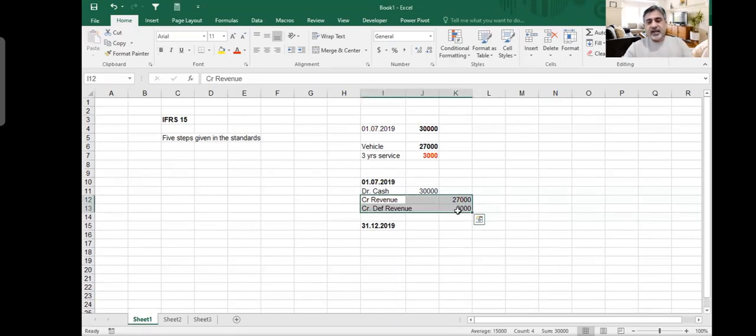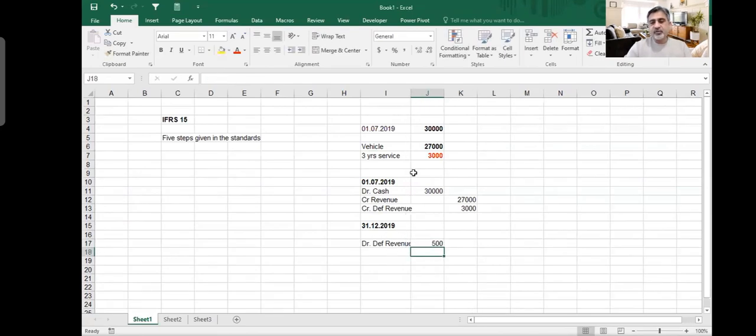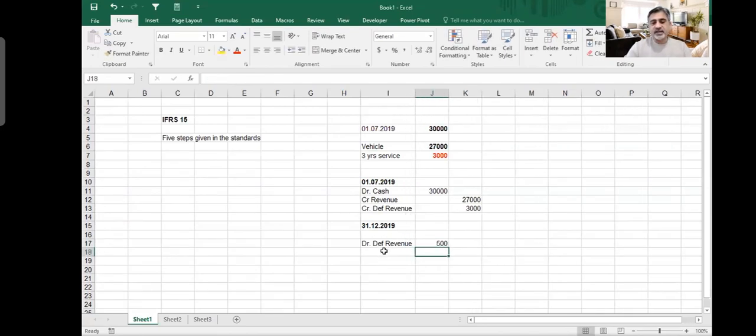So this is my liability of 3,000. On 31st December, when 6 months have passed, I can see that 3-year service contract, 3,000. It means 1 year of service is 1,000, and if 1 year is 1,000, then 6 months are $500. So I would say debit deferred revenue by 500. So I am actually decreasing my liability by 500, and I would make a credit to the revenue, and I would say credit